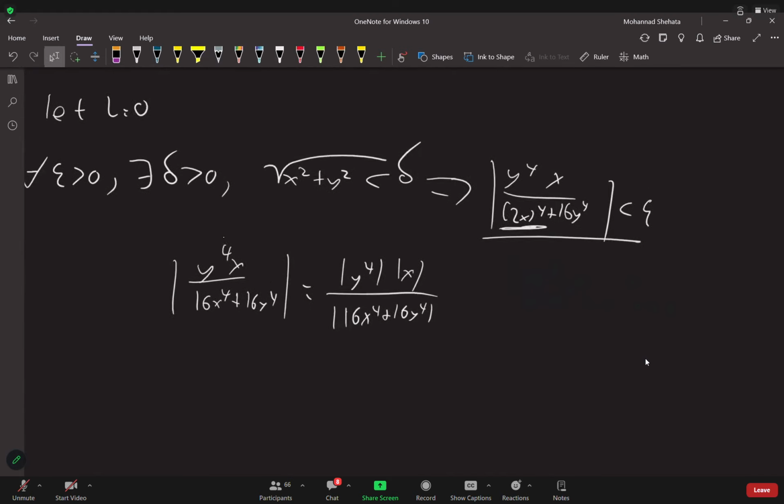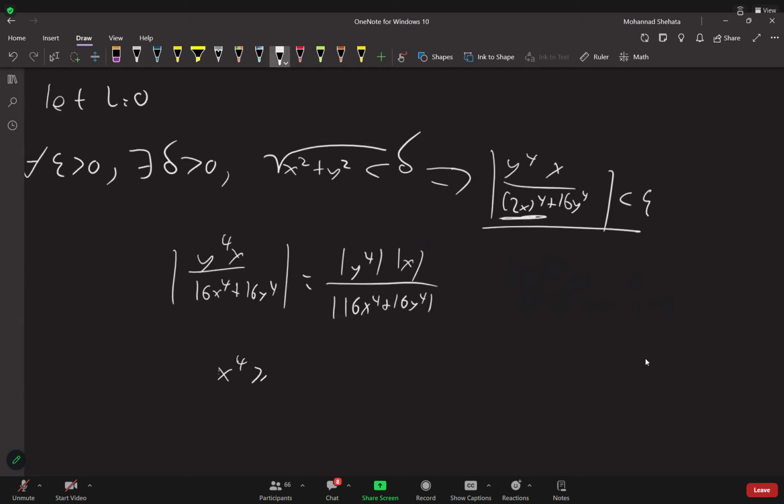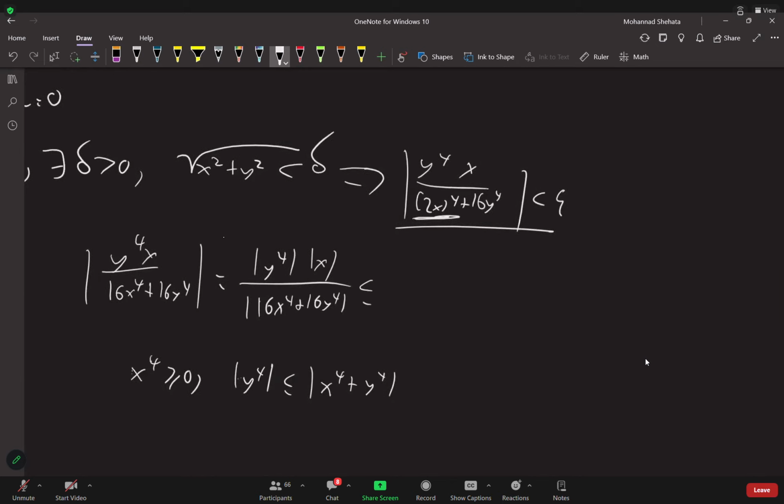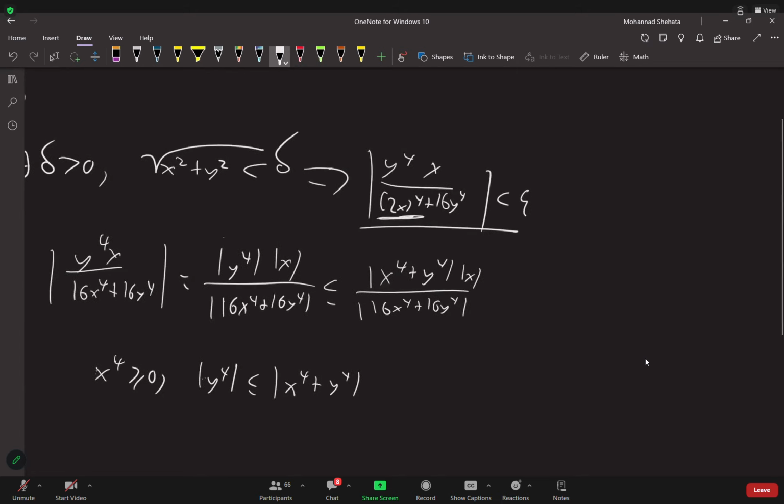Now, since x to the 4 is greater than or equal to 0, we can say y to the 4 is less than or equal to x to the 4 plus y to the 4, right? We can do this. So this will be less than or equal to x to the 4 plus y to the 4 over 16x to the 4 plus 16y to the 4 times the absolute value of x. Factor the 16 out and cancel. You will end up with